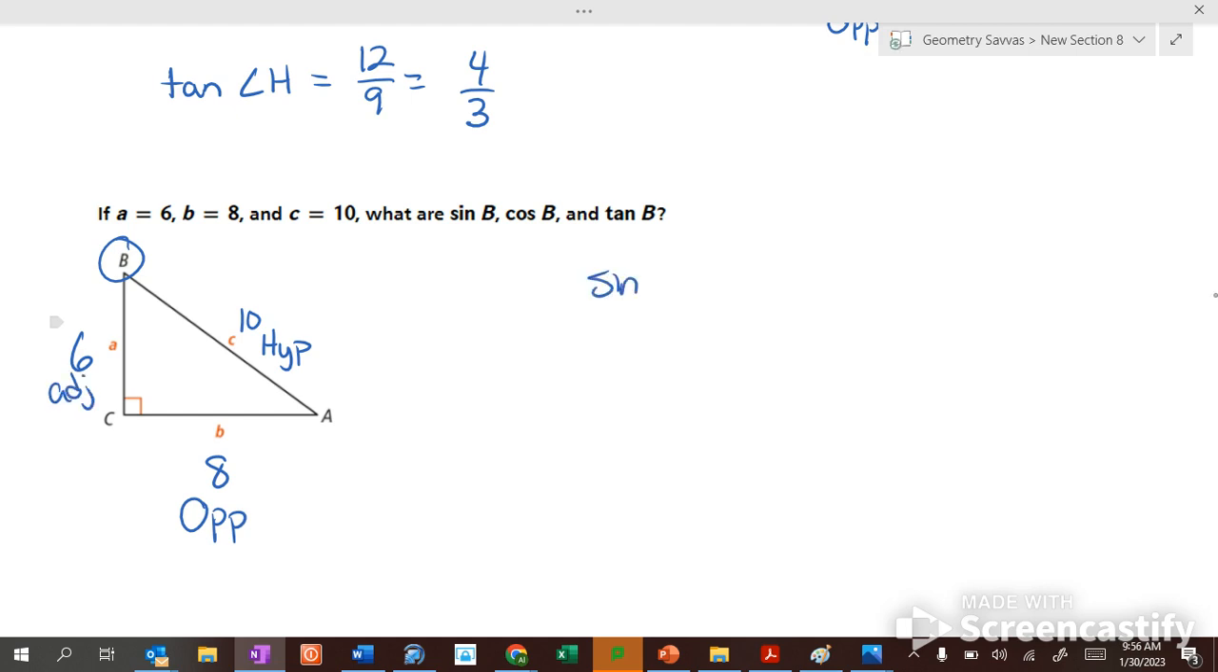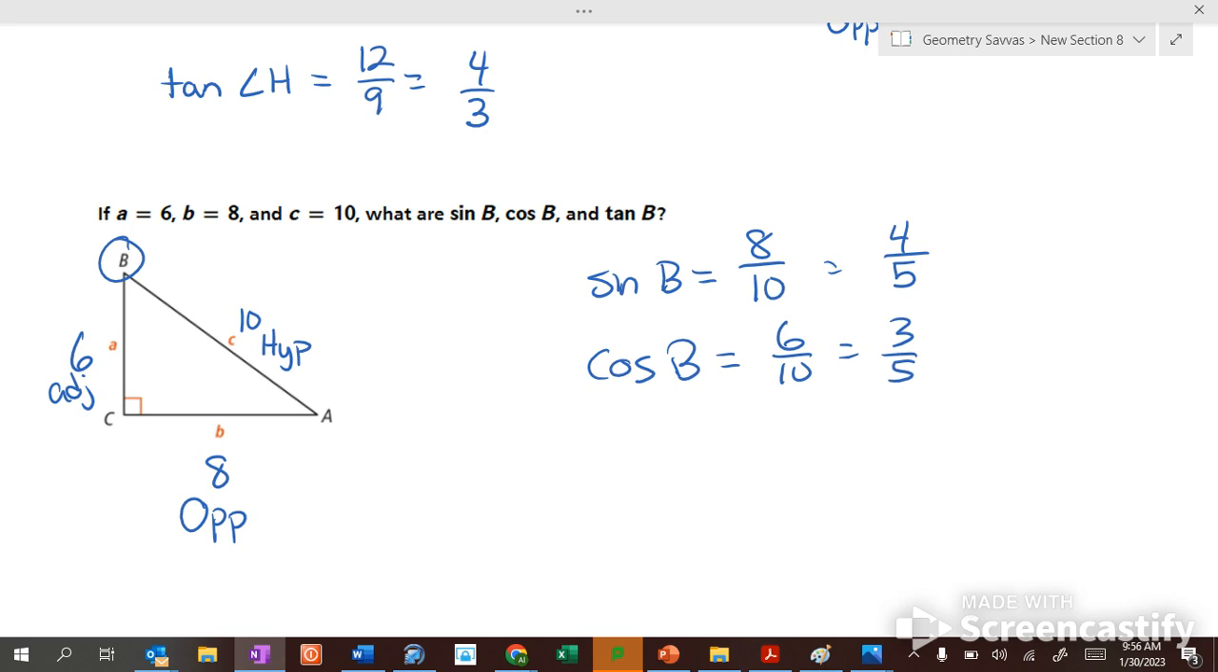So the sine of B is what over what? 8 over 10, which reduces down to 4 over 5. Cosine of angle B is what over what? 6 over 10, which is 3/5. And tangent is 8 over 6, which is 4/3. Now, they're not always